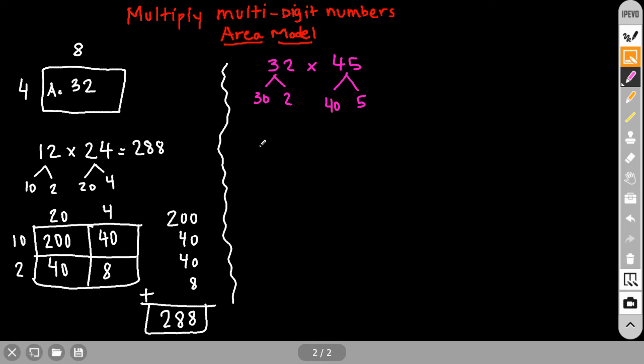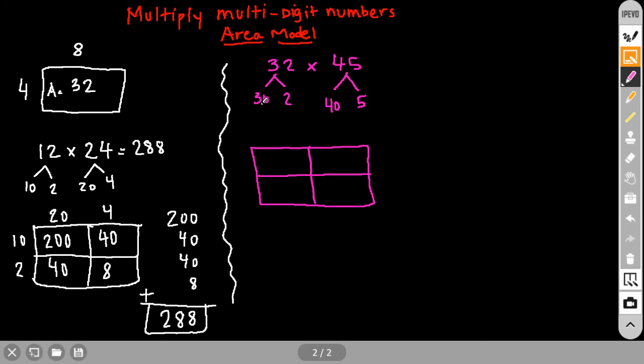Now that I decomposed it, I'm going to go ahead and draw my rectangle for the area model that we are using. There are two digits here, so I have to have two rows because I'm going to put my 32 on this side and I'm going to put my 45 at the top, but it's broken into two parts, so there are two places here. Oops, sorry. Let me make it a little bit better here. All right,